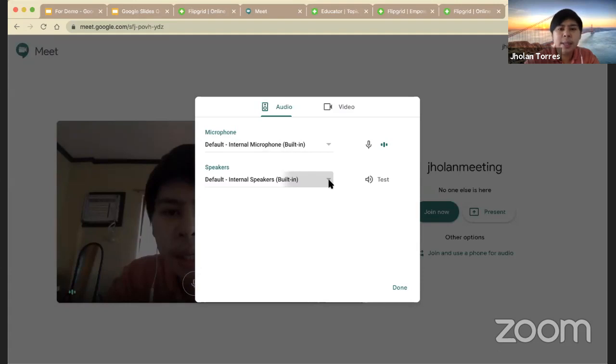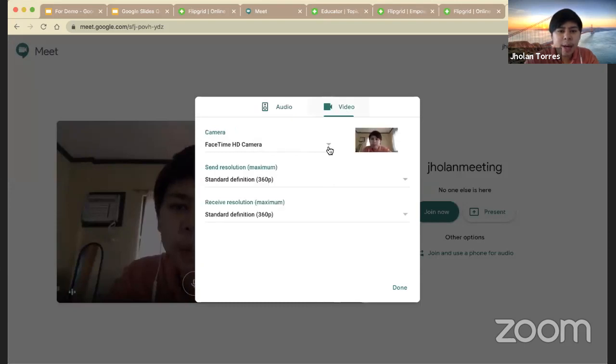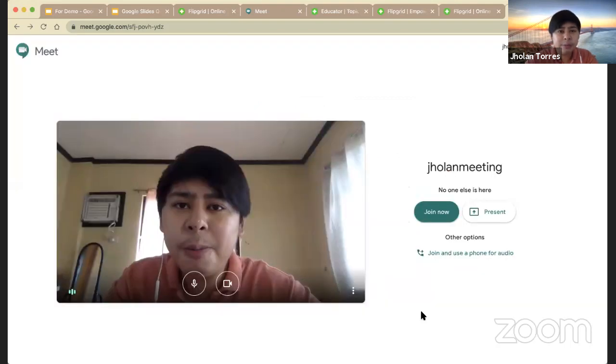Then of course the video, if you have an external camera to use, but if you only have your computer's camera, it's fine. No need to change it. The resolution of your camera, then click done.